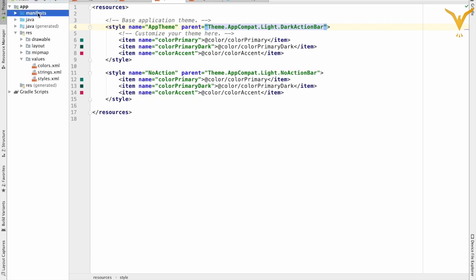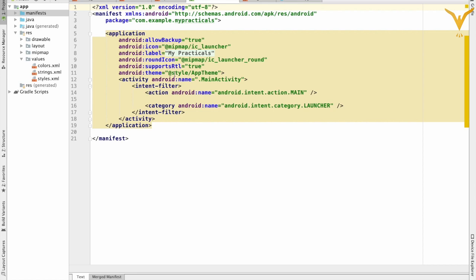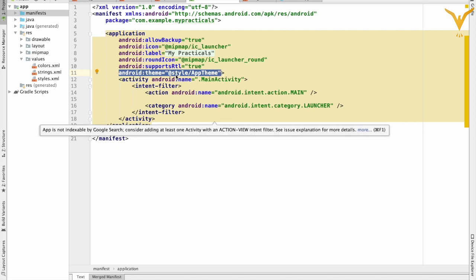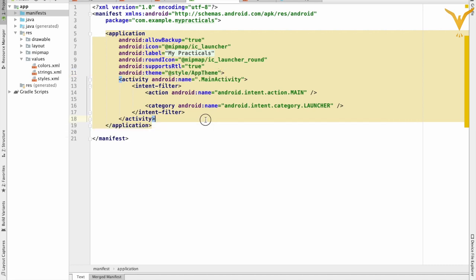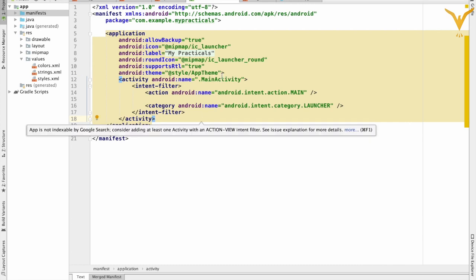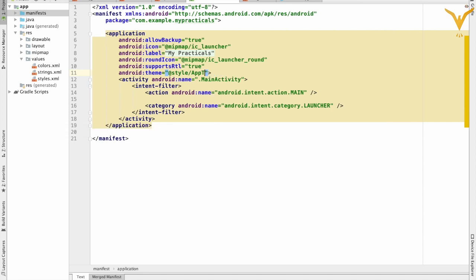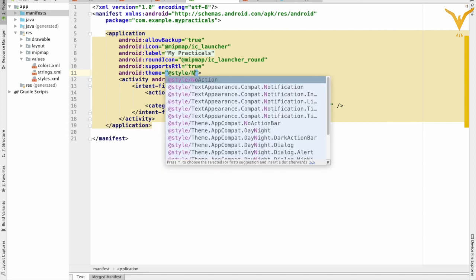For that, go to your manifest file. Here there is one attribute called Android theme, and we have given that style dot app theme. Here you can access your resources. You can set it to no action.